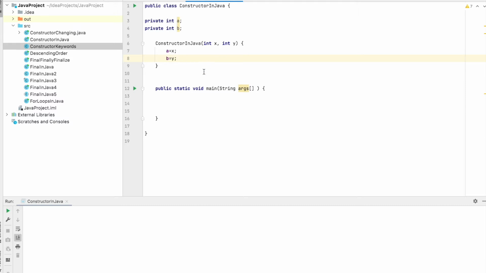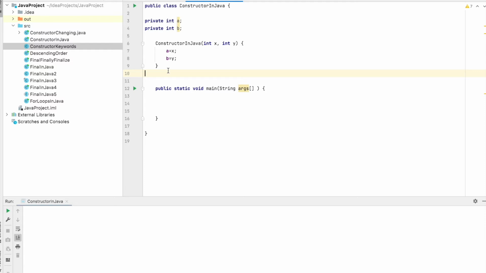This is the right way of assigning the value of a class using the constructor. As these two variables are not accessible outside, we can assign the values to those private variables using the constructor. So this is the correct approach for that.